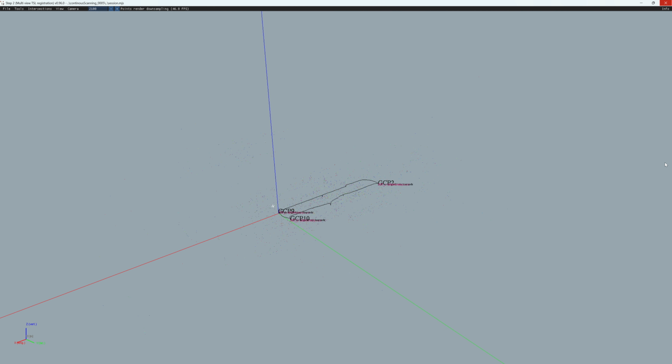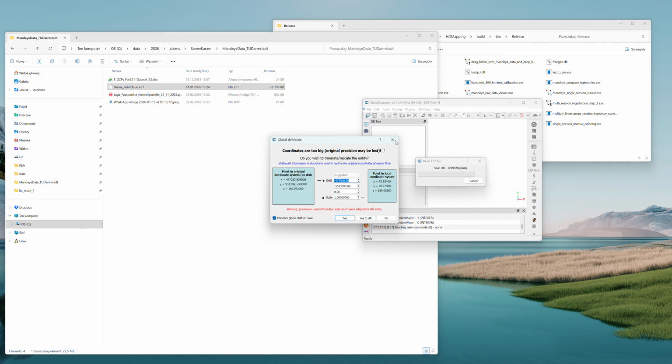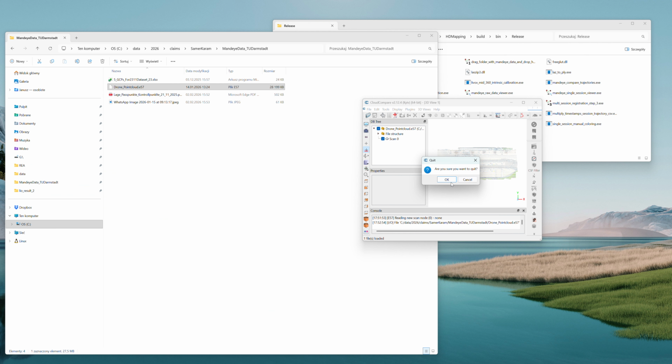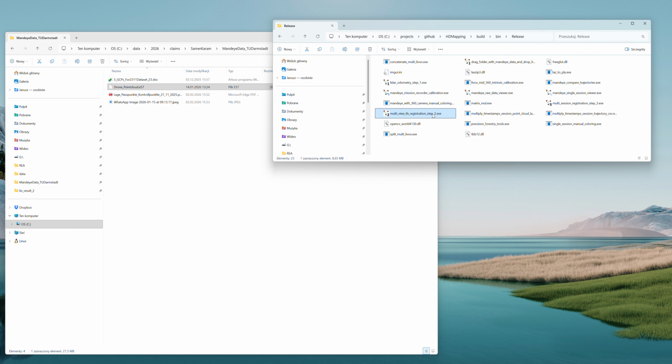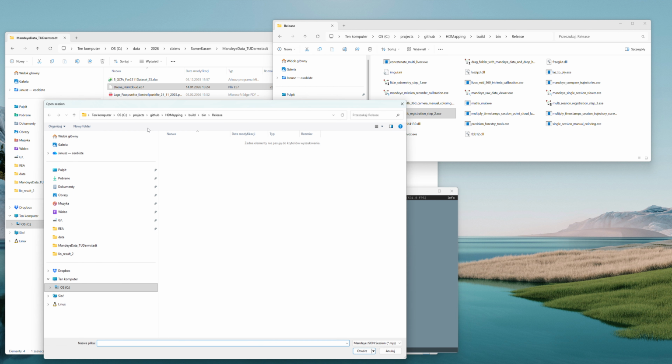And let's open the software again, because I lost one window. It is a bug, I have to fix it. Don't worry, once you save the session, you can reopen it. So once you open the session,